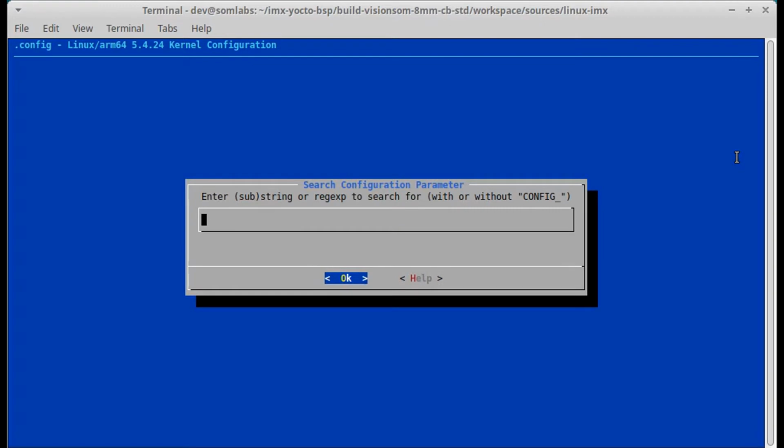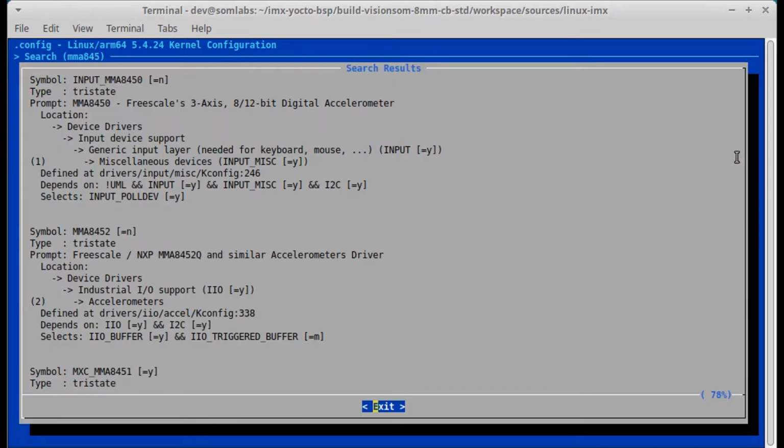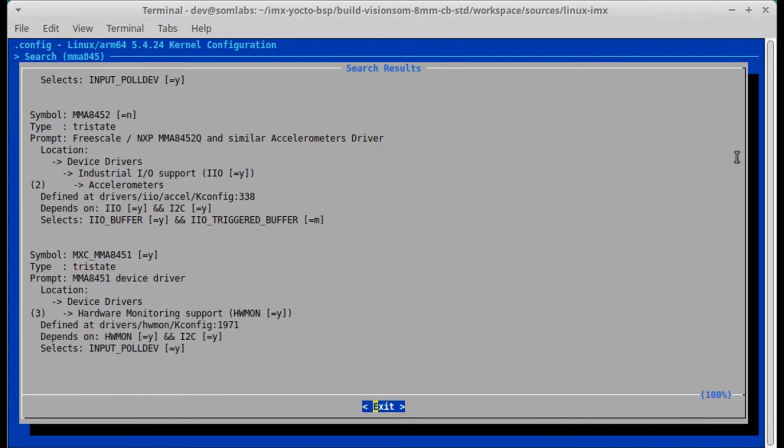Finally, we search for I.MX8M. So the last search result confirms that the driver is already selected and is part of the input subsystem as hardware monitoring support. Let's leave it unchanged and exit the menuconfig tool